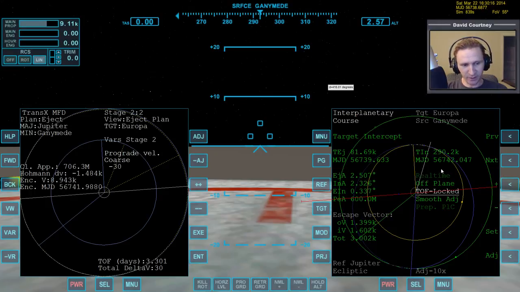Actually, I guess it's mainly, I think it's the arrival that matters, not so much the departure, but we're not arriving at a node. So it very well may be the case that we get a significantly lower total delta V if we bring time around until we happen to be arriving at a node, and let's find out if that's the case. So we've got the time of flight locked, and we'll want to make a note of what